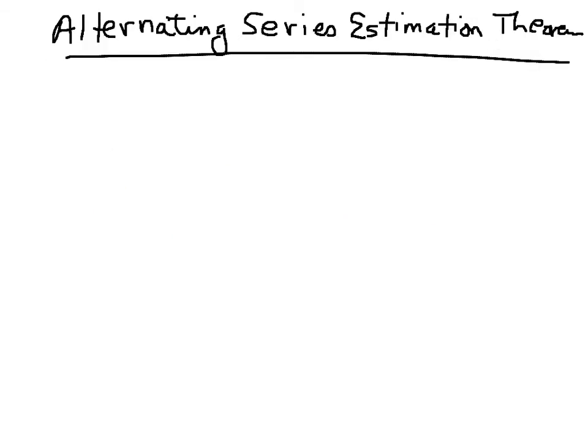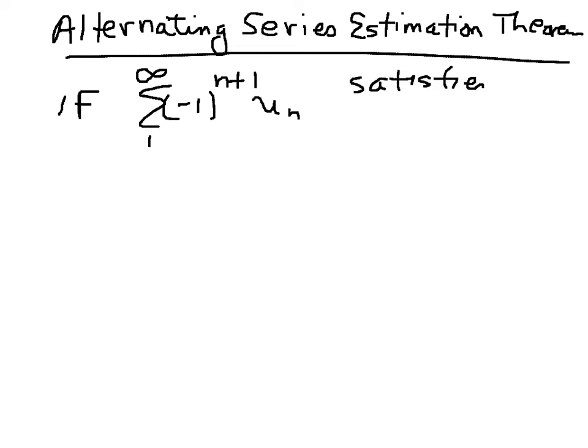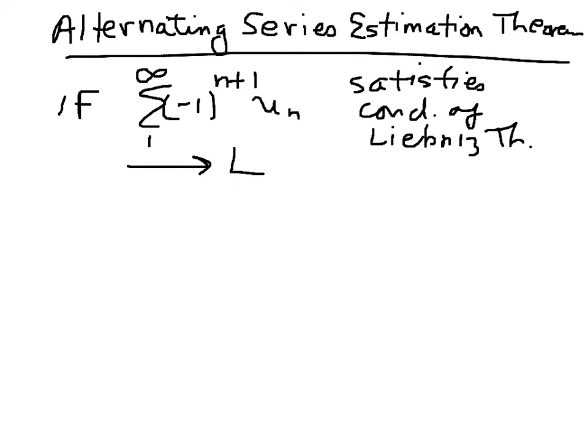So now what we'll look at is what's called the alternating series estimation theorem, which gives us some idea about how a truncated alternating series provides an estimation for the actual limit. And so it works like this. If we have this alternating series where the u sub n's are all greater than or equal to 0, and if this satisfies the conditions of Leibniz theorem, thereby meaning that it does converge, and let's suppose it converges to L,